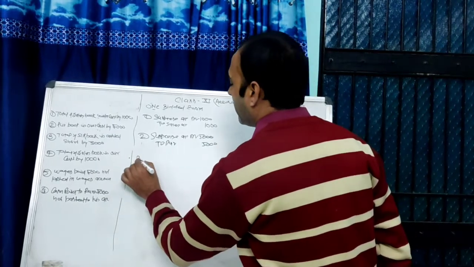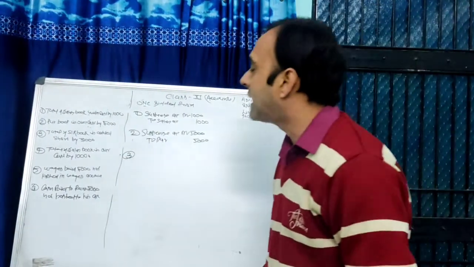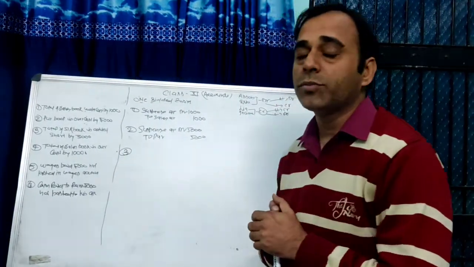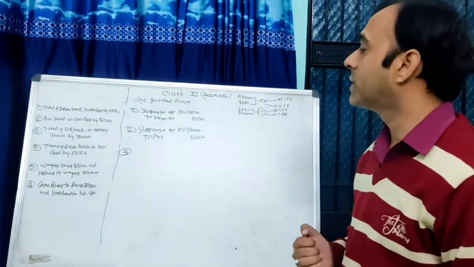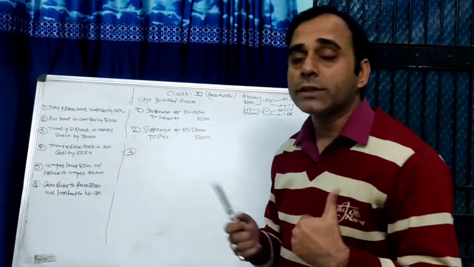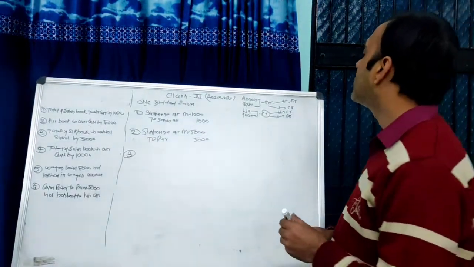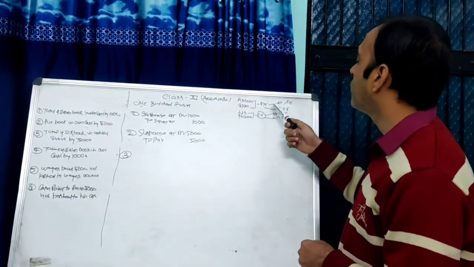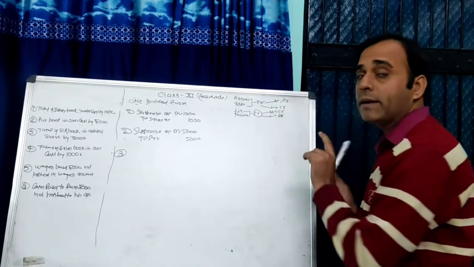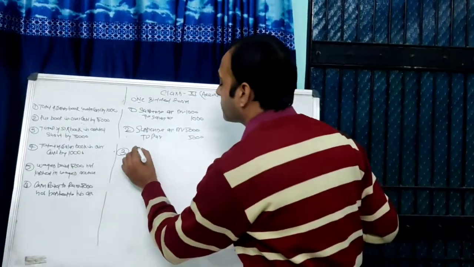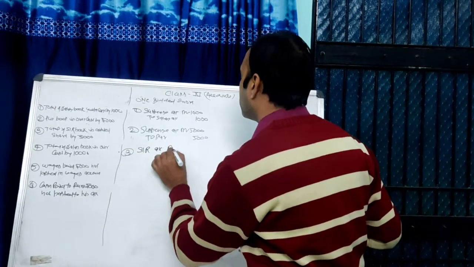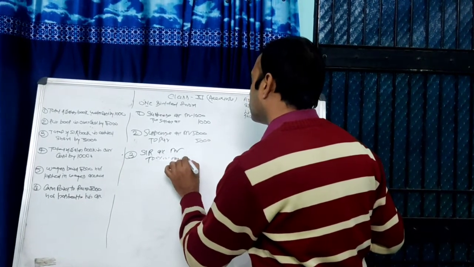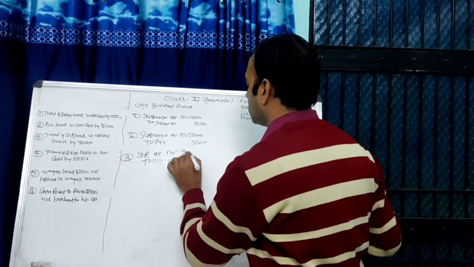Now we are discussing the next entry. The total of the sales return book is added short by 3,000 rupees. It means the total of sales return is less by 3,000 rupees. How will the error be rectified? We have to increase the balance of the sales return account. Sales return account always has a debit balance. If any account has a debit balance and you have to increase the balance, it will be debit in the entry. Then the entry stands for sales return account debit to suspense account, 3,000 rupees.